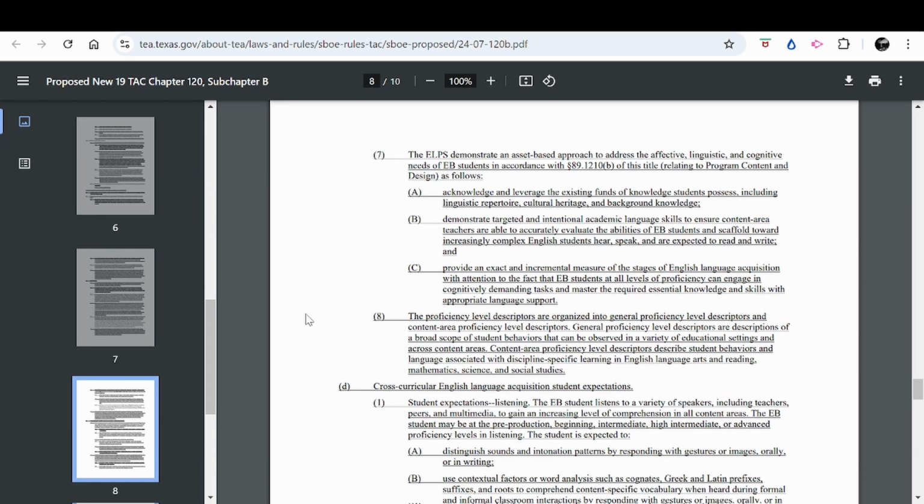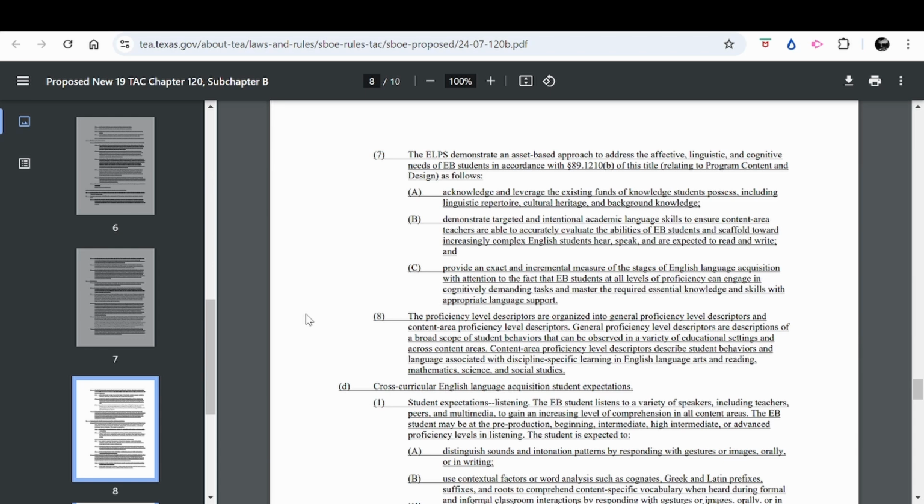8. The proficiency level descriptors are organized into general proficiency level descriptors and content area proficiency level descriptors.